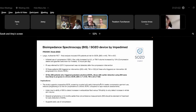Compassion among people who have symptomatic complaints of lymphedema, but anyone who had on bioimpedance spectroscopy an L-Dex score increase by 6.5 would automatically trigger intervention, which would be compression. If the tape measure volume increased by 10%, those people would trigger the need for a compression sleeve and a gauntlet for 4 weeks for 12 hours per day. So out of these two groups,